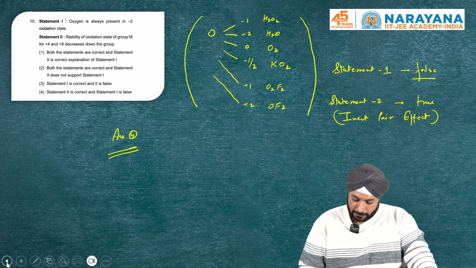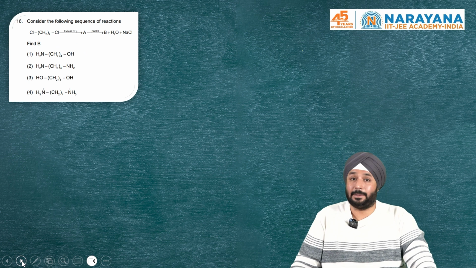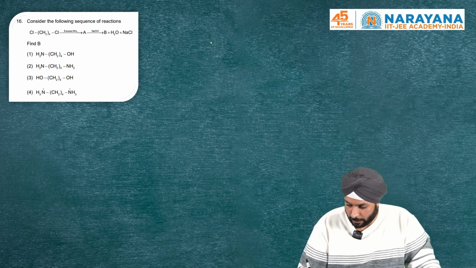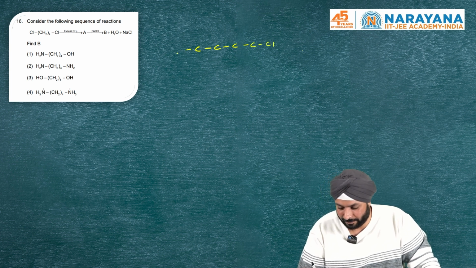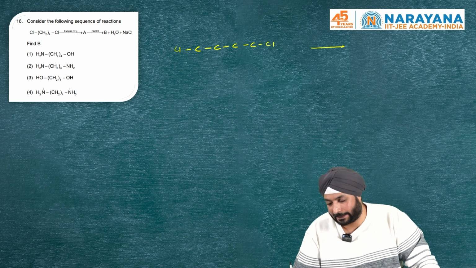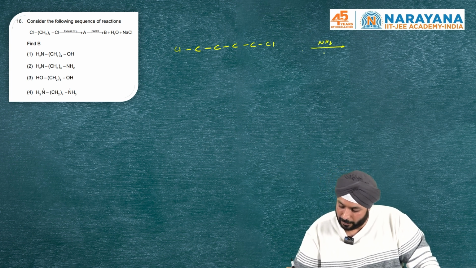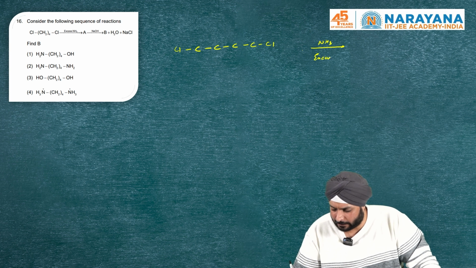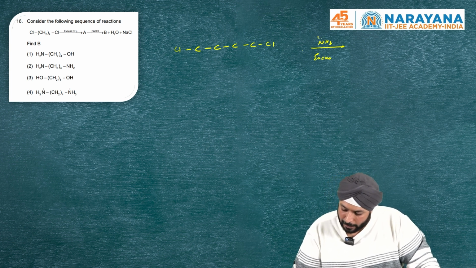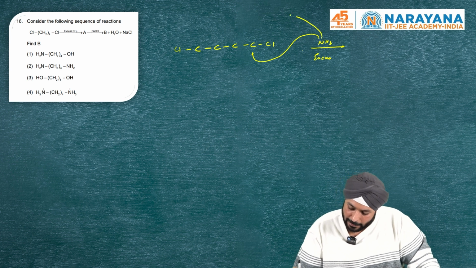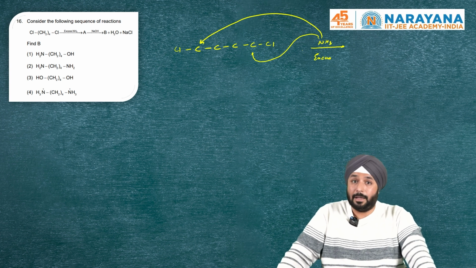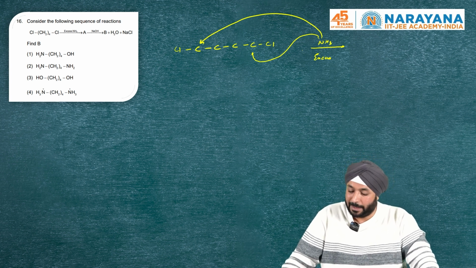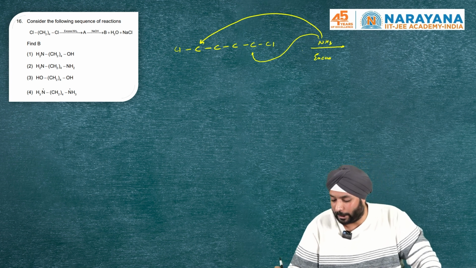So the next question is question number 16, right? Here is a very simple question of normal substitution reaction. Here you have alkyl halides with excess of ammonia. So ammonia is in excess. It will undergo an SN2 reaction here as well as in here. So on both the primary carbon and terminal position, both the halogen will be substituted by ammonia molecules. After the substitution by ammonia molecules, it gives